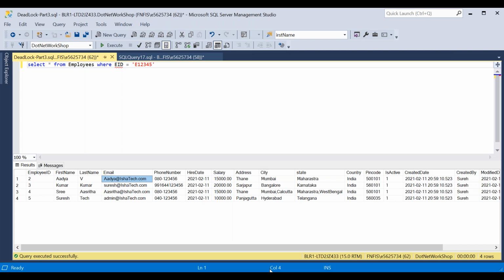Now if you want to create any index on your own, you can create. As I told you, we have two types of indexes: a clustered index and a non-clustered index. For the clustered index, only one will be there. Non-clustered indexes can be many, but one table can contain a maximum of 99 indexes. You cannot create more than 99 indexes on a particular table. And there is a drawback when you are creating the index also.